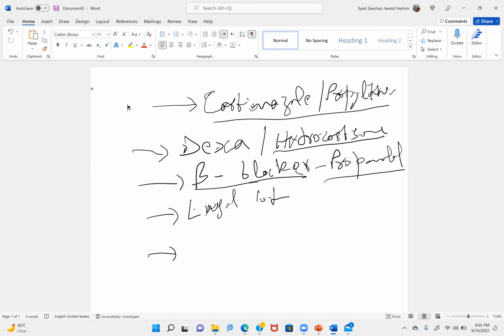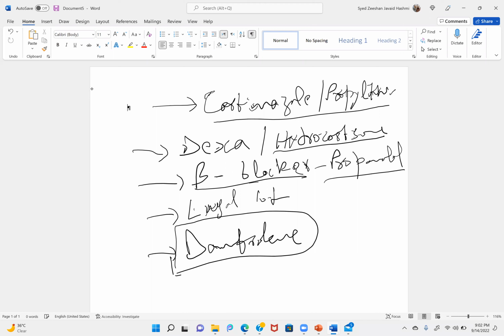So this one, and then the rest of the management will be according to the situation, because any complication can occur, any arrhythmia can occur, rhabdomyolysis can occur. Some of the things can be similar to malignant hyperthermia. So that's why, when you have told everything, the last thing which you can mention is also dantrolene. Dantrolene has some effect to control the hypermetabolic state. So this is how you will manage.